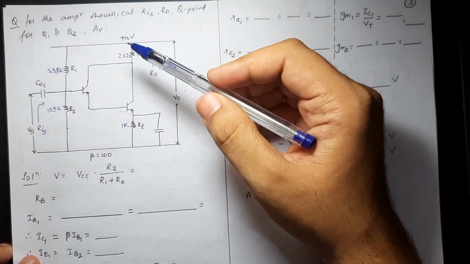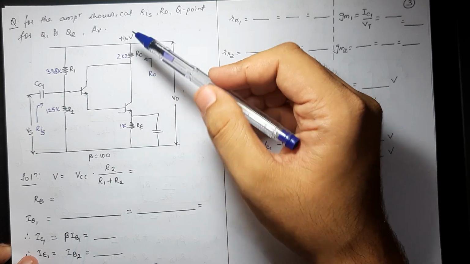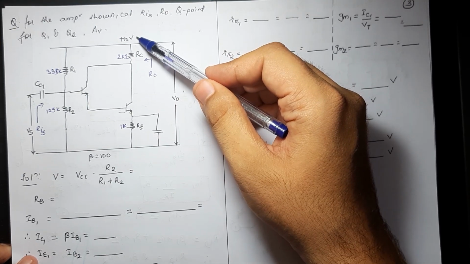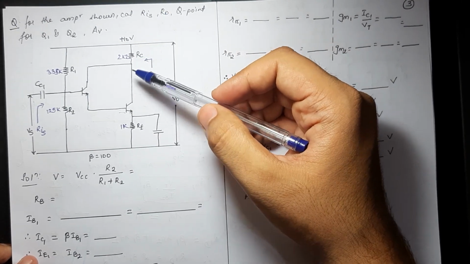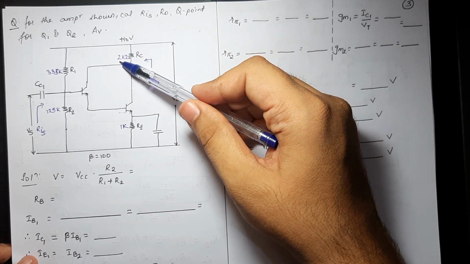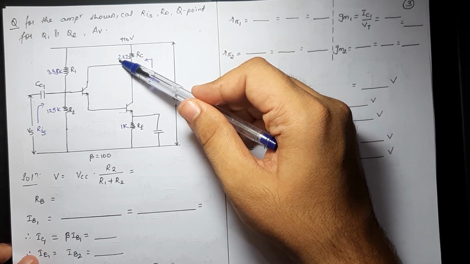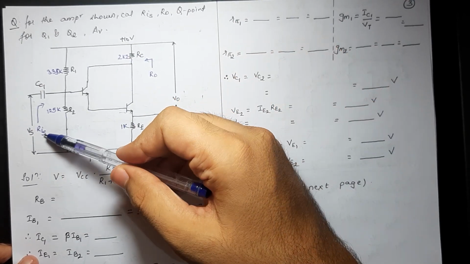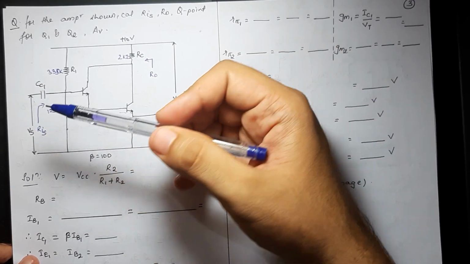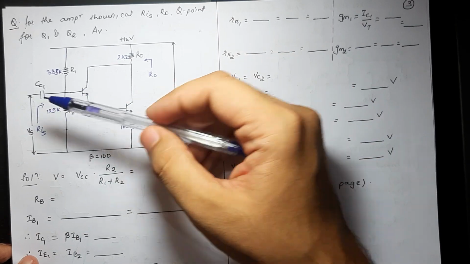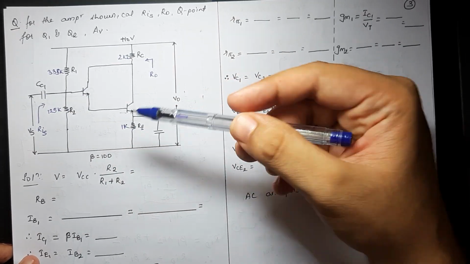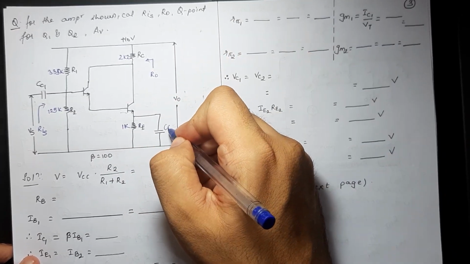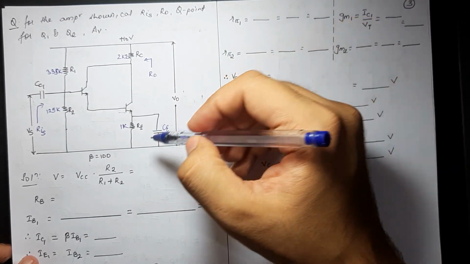The values of the resistances are given. The voltage of plus VCC is given as 10 volt. For the very first time, I have introduced something of this sort, 2K2. That means this resistor is of the value 2.2 kilo ohms. Now, here we have RIS. I have already mentioned it over here. We won't be needing the coupling capacitor or the bypass capacitor, hence I haven't mentioned the values over here. It's still good to mention them in nomenclature.